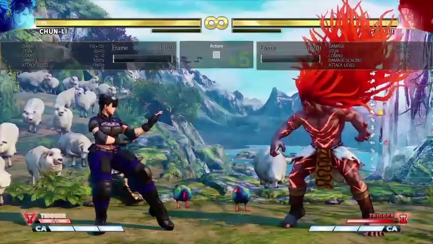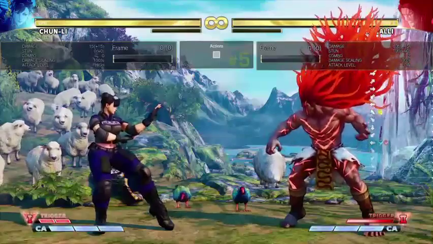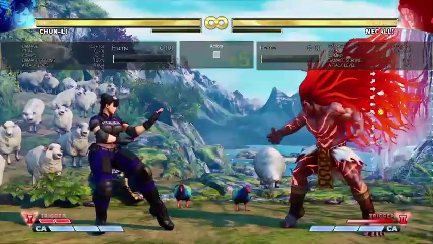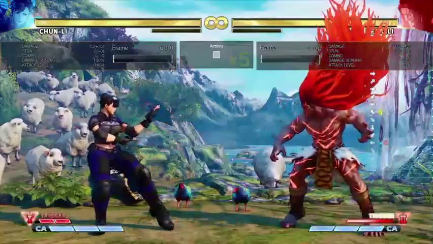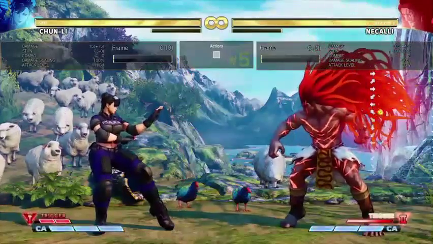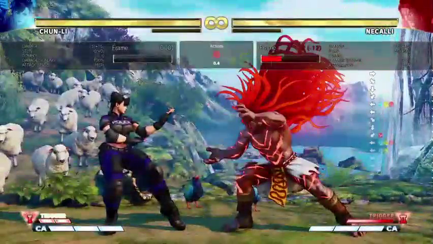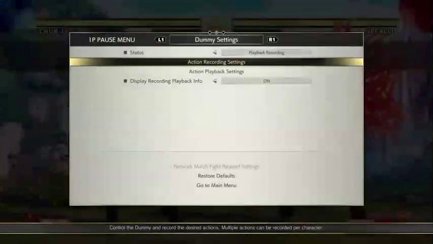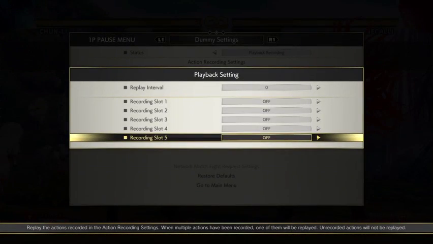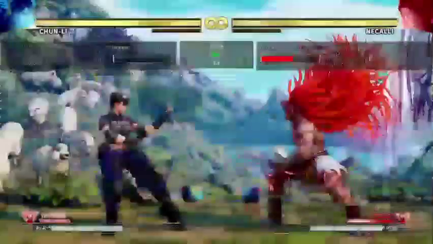And then that's around the sort of time that it's probably good for us to sneak in the Wild Hunt, the command throw. So in Necalli's case, we want triple and then full back. So for Necalli, with those on,